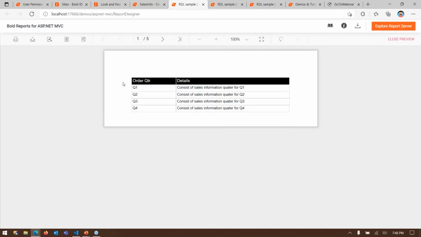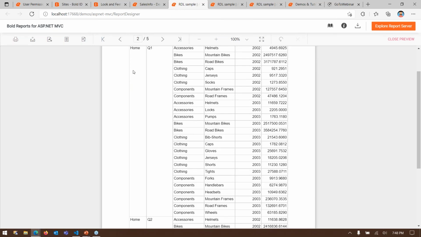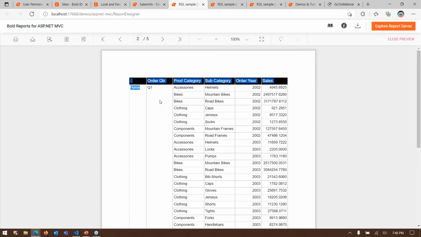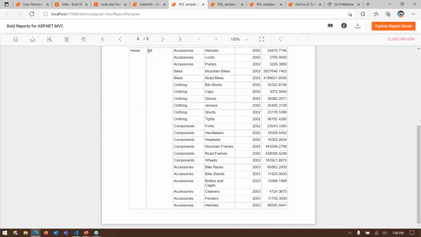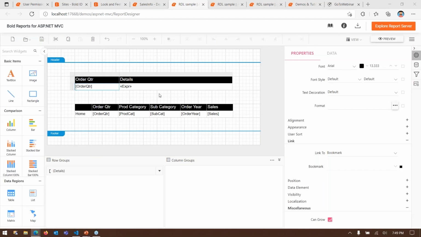You can see the changes right now. When I hover on Q1, you can see the mouse cursor changes. You can see the difference. Let's click on Q1. What it does is it creates a focus on its name. Let me go back and click on Q4. You can notice it creates a focus on Q4. Let me close the preview and switch to my slide.